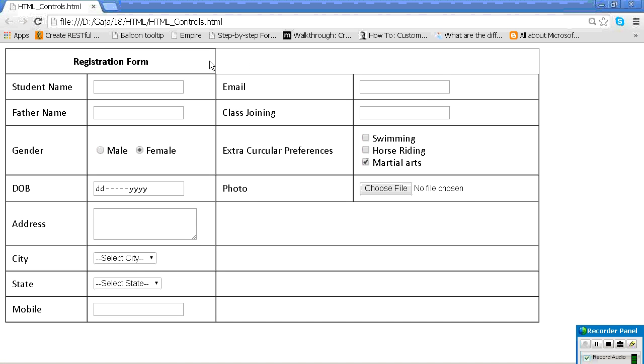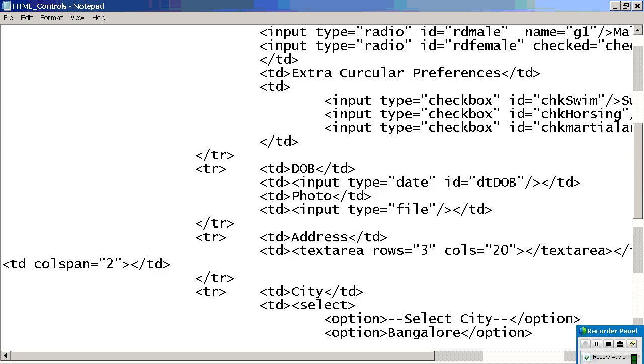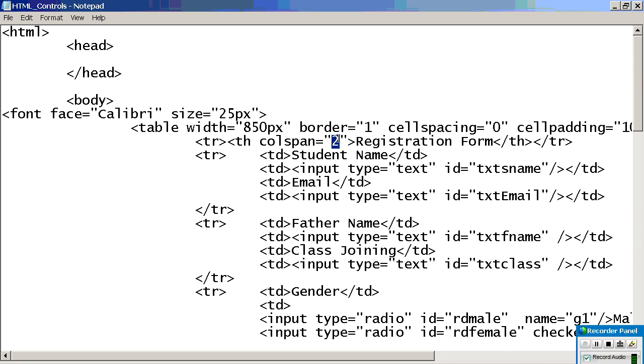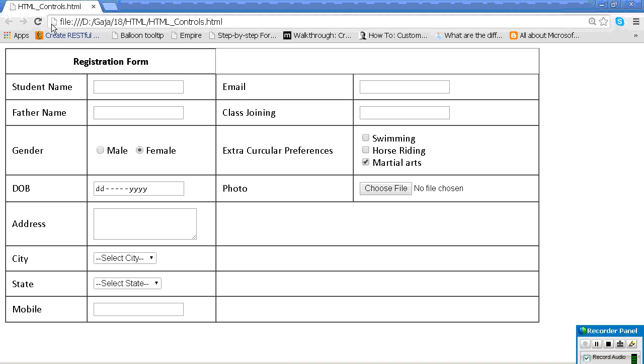Now everything is fine, but the top one is not fine. So what can we do? Go here, colspan equal to 4. Now we are combining 4 columns. Do you understand? Okay. Next. Finally, if I want to move this one, I can move it here.